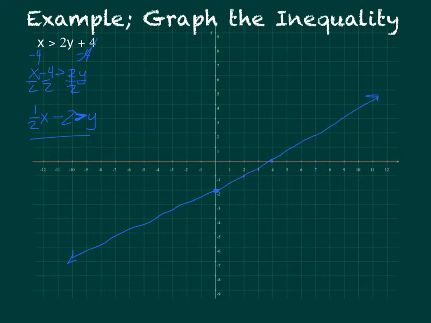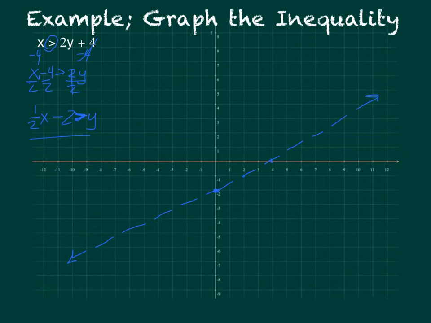More or less. And now I'm looking, what type of line should I have? It is a greater than sign. So that means it's actually going to be a dashed line. So I'm going to go back in and make that a dashed line. On this one, you do not want to use a pen because you can't erase pen. So you're going to want to use a pencil so you can go back and erase if it happens to